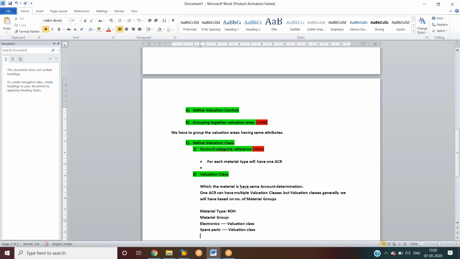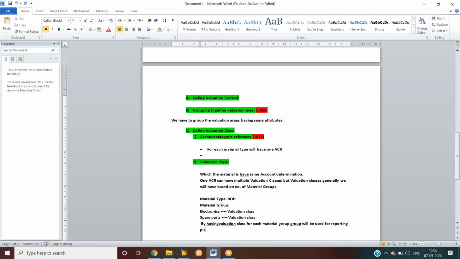So by having a valuation class for each material group, it will be used for reporting purposes.